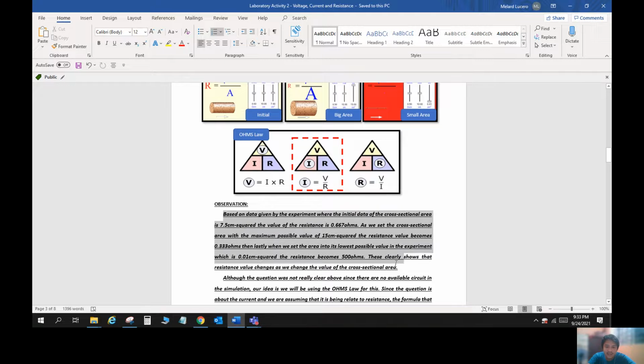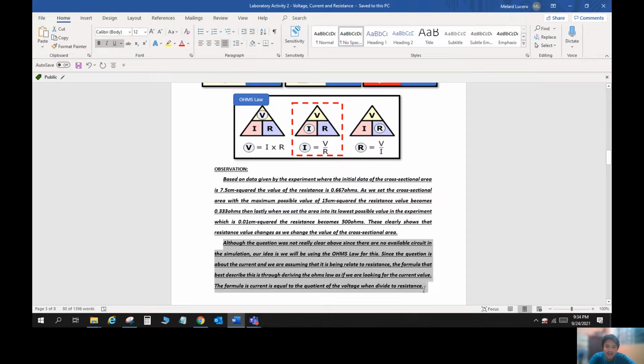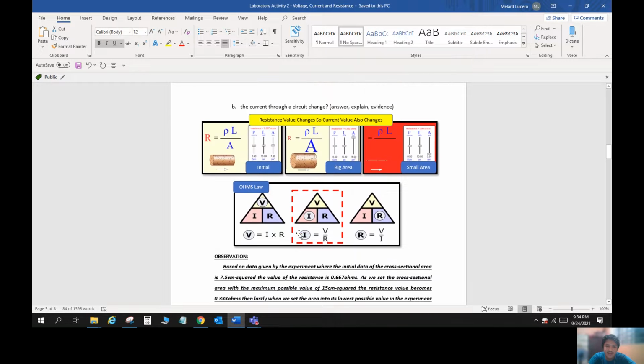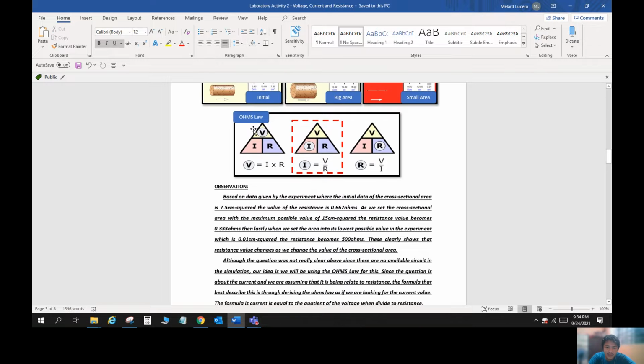I thought this would be the same as the earlier, but we will be adding this paragraph to simply explain the effects of the resistance to the current in the circuit. So this will be the data. Then we will be using Ohm's law as the relationship of the current with regards to the resistance. So we all know that Ohm's law is V equals I times R,